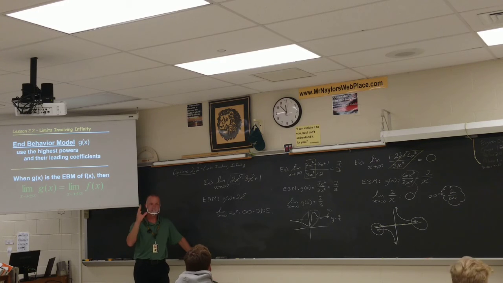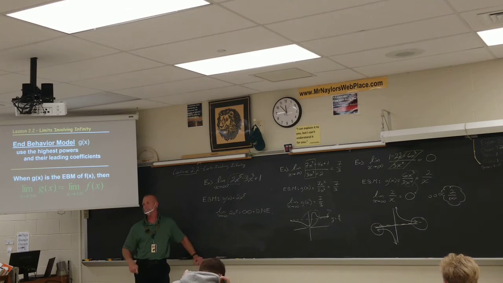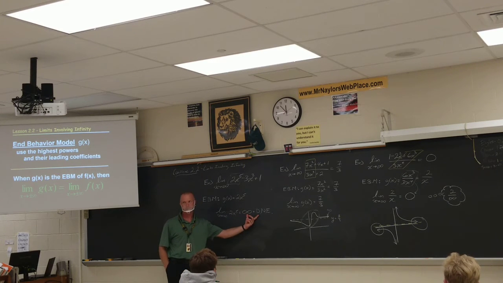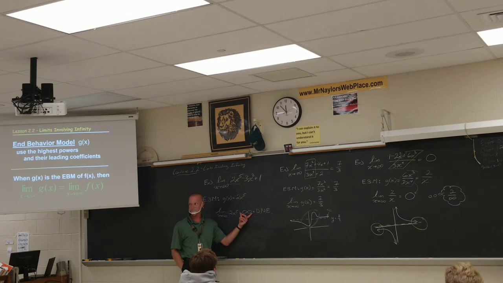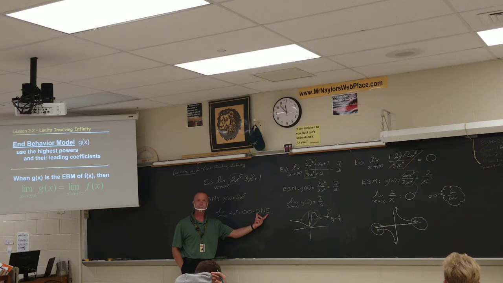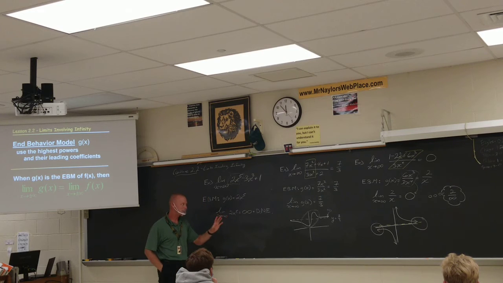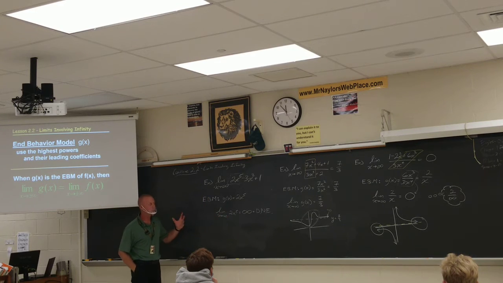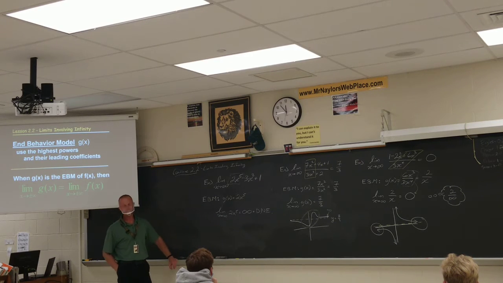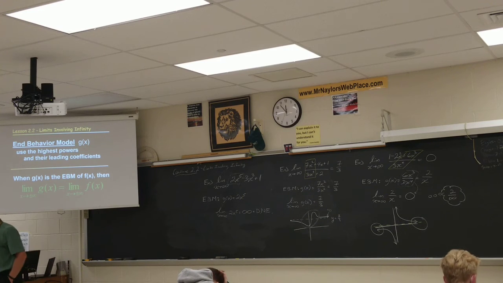Now, kids start to catch on. They're kind of like, so which answer do you want me to give? I want you to understand that each of these answers is kind of saying its own thing. So this is saying that the y value just keeps getting bigger and bigger. This is saying that there is no intended height. Both of those are the same idea. Okay, so that's why we can give both answers. Honestly, when it comes time for a test or quiz, you could give either answer. Okay. Now, in the last, I think, 4 problems, we've had